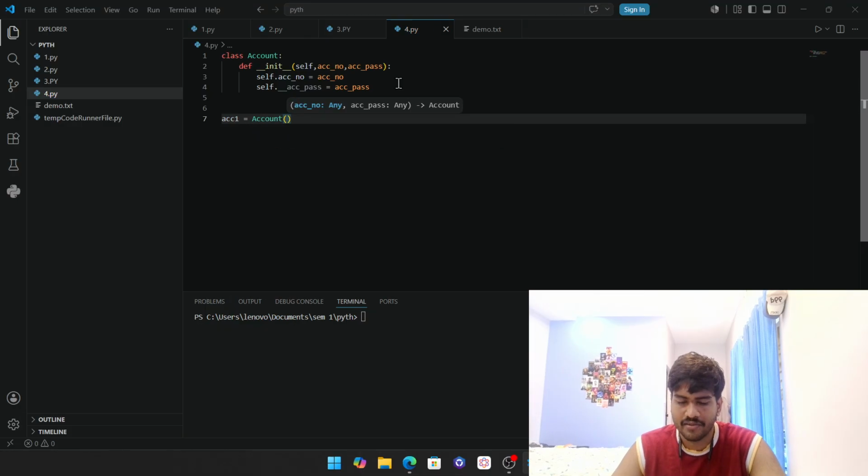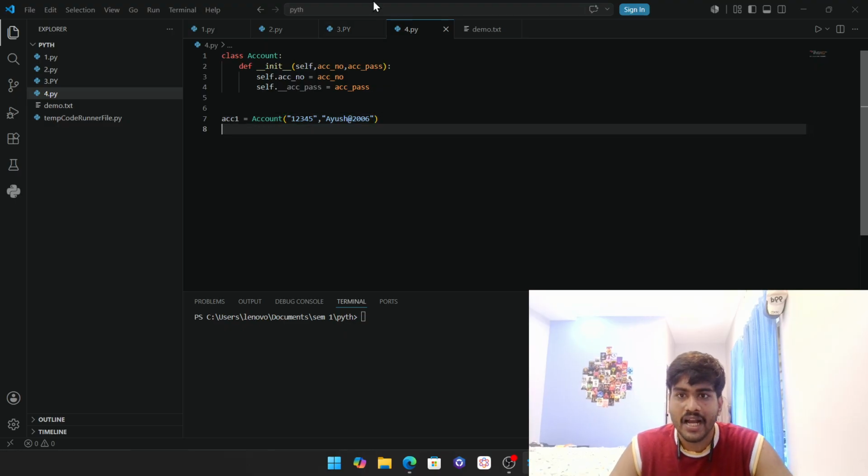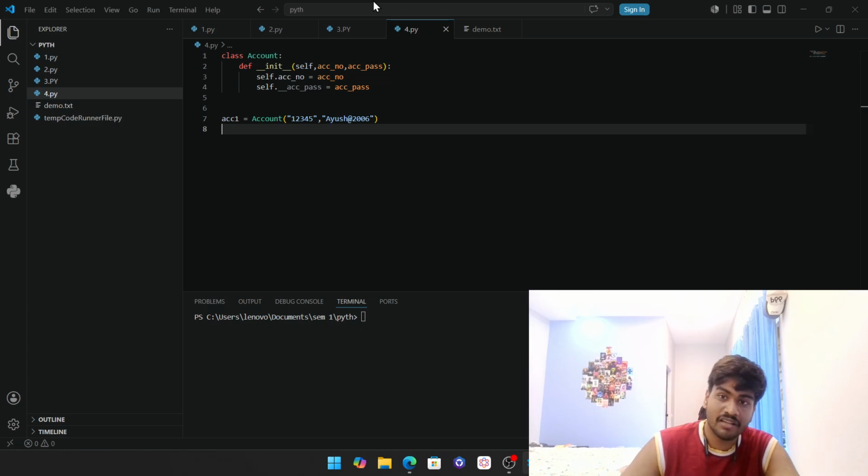Account, and let us put the value of account number as 12345, and I don't want my account password to be shown. So let's suppose I'm using my account password as some good password right here. And now let us access my account number and account password outside the class. Let us see. Account number would get printed. Let's see if account